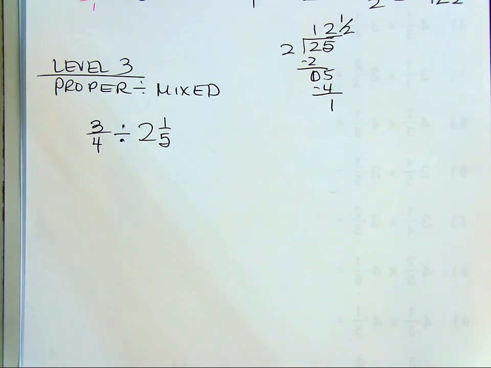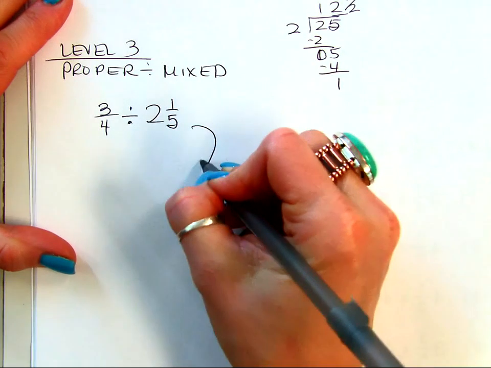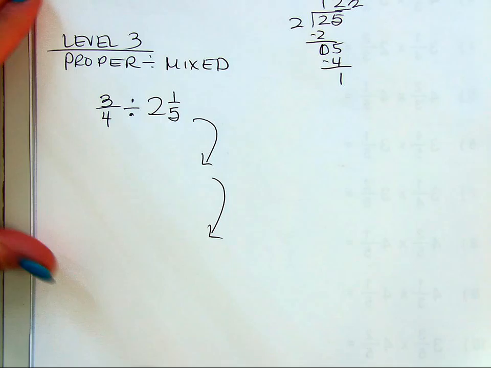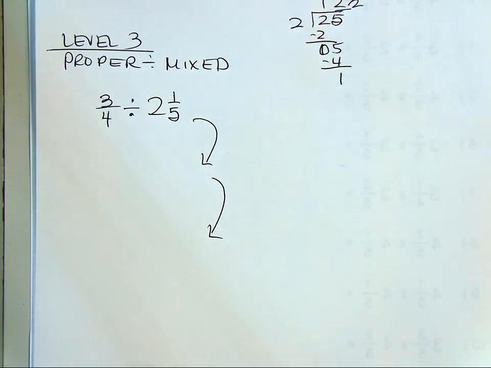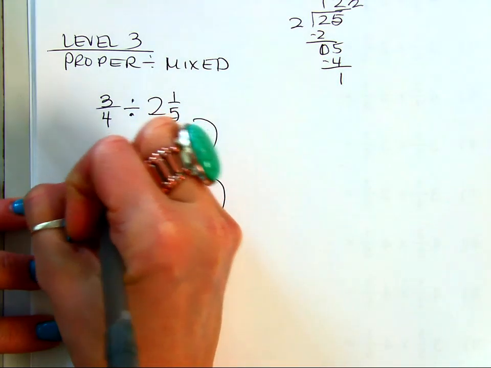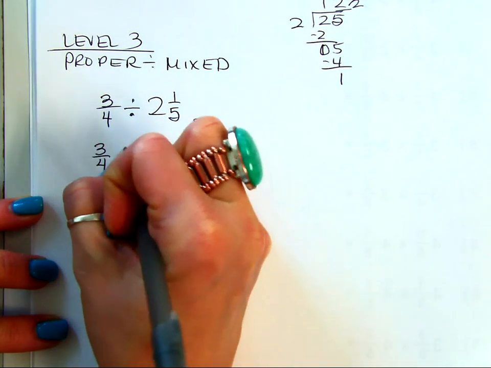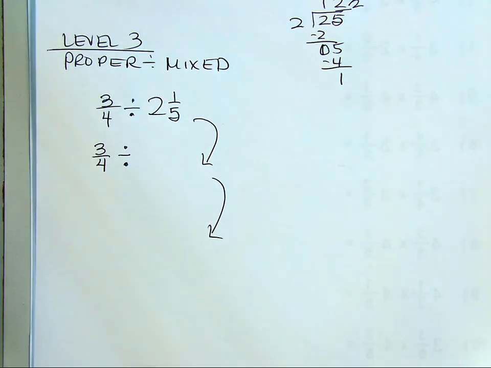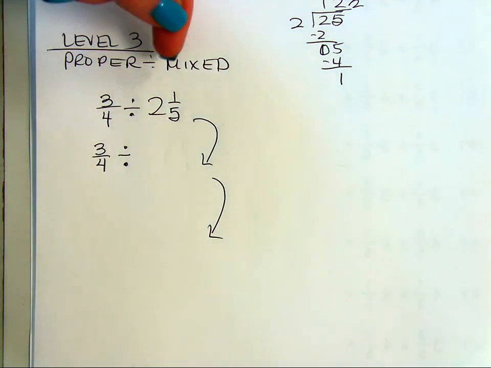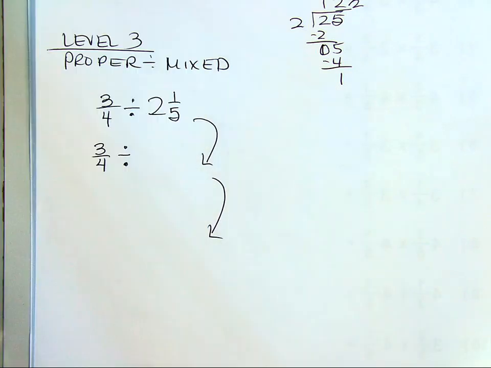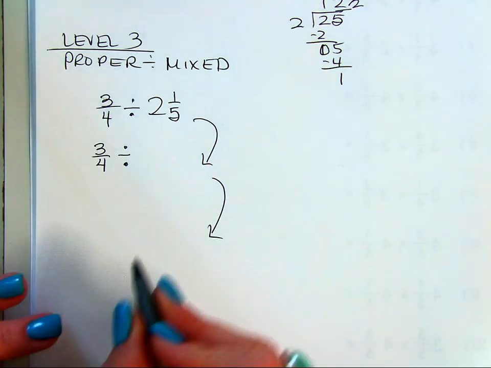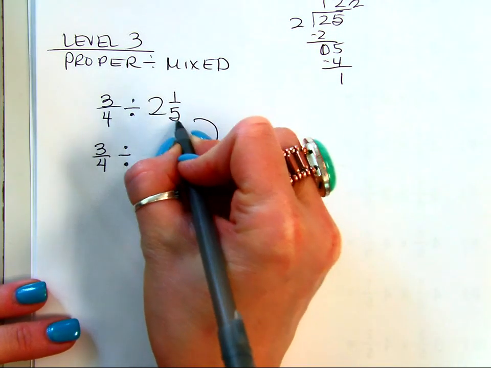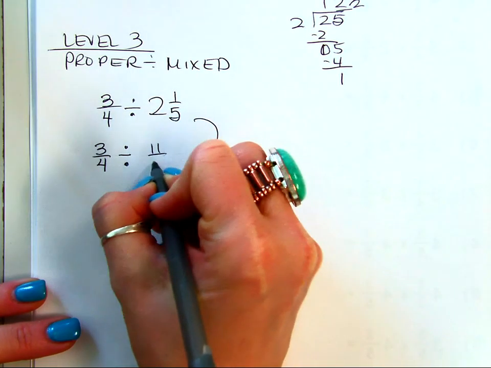I need to do 2 things first. I'm going to have to rewrite this problem twice before I can even do it. The first time I'm going to rewrite it, please watch. I'm going to keep that 3/4. I'm going to keep a division symbol. Why am I not changing it to multiplication yet? Because I have to change something else first. What am I doing with that? Yes, making it improper. 5 times 2 is 10, plus 1 is 11,